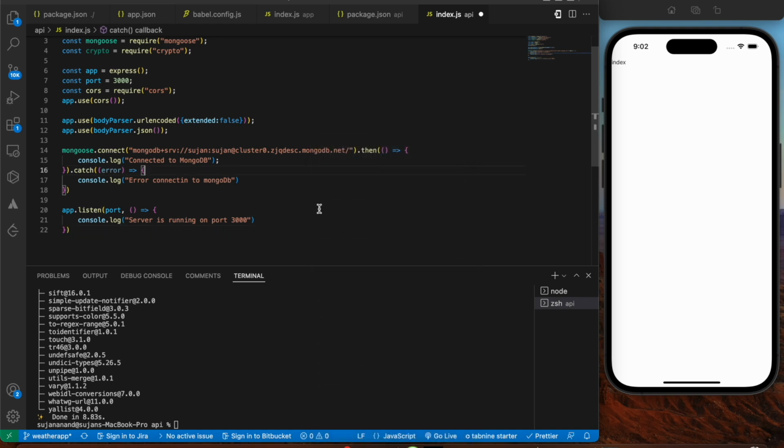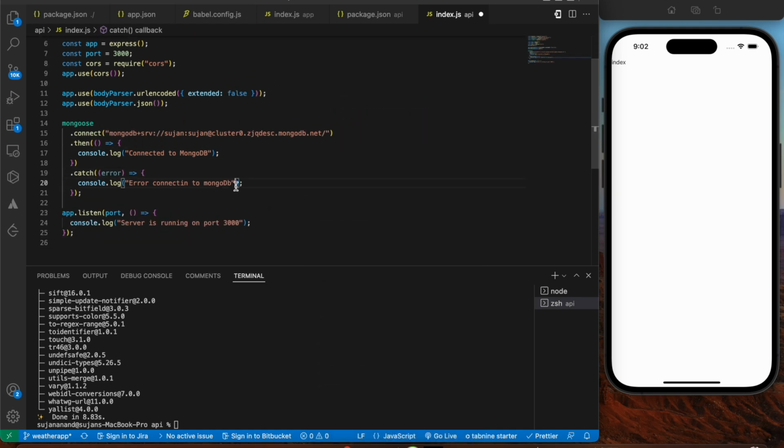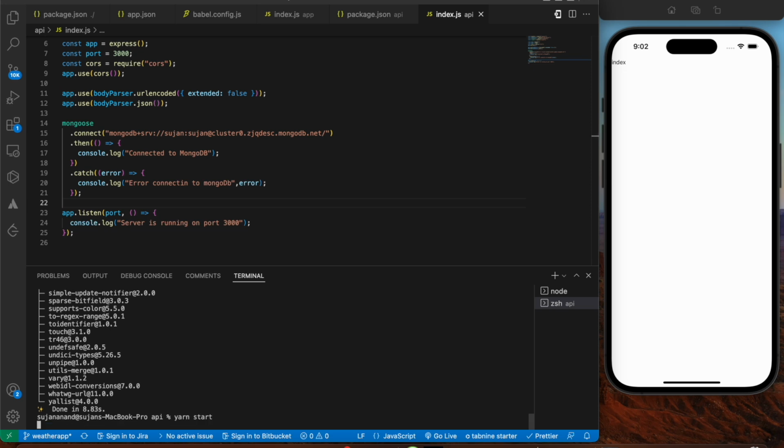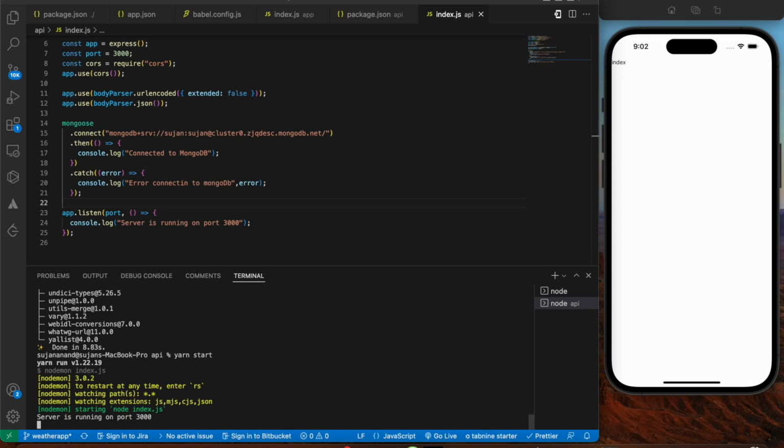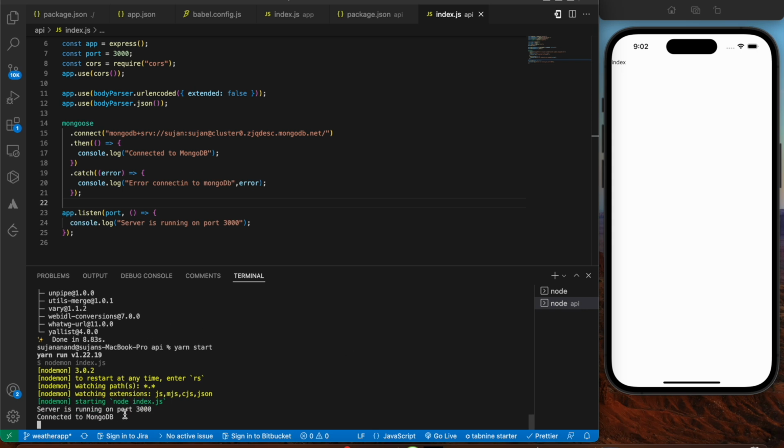So let's format once, and we could show the error over here. Save the file, and yeah, over here I'm gonna say yarn start, and then I'm gonna press on enter. So you should be seeing two messages, that is server is running on port 3000 and then connected to MongoDB. Yeah, so as you can see, we have seen the two statements over here, which means this particular app is